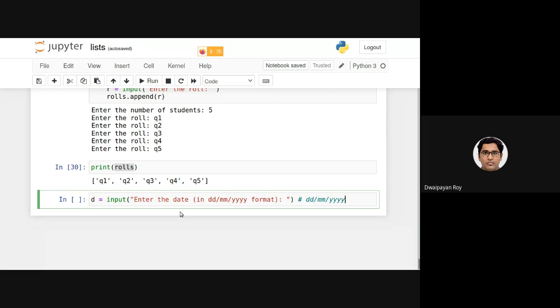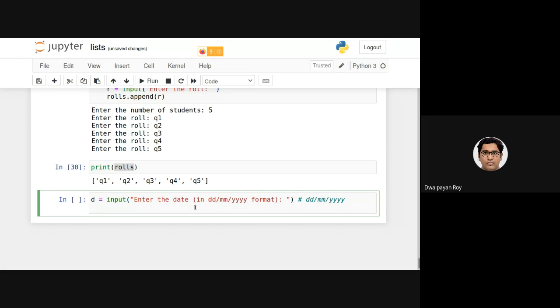Note that I am not checking in this program whether he has given a roll number or date in this format or not. But with our assignment problems, we know, given one date, how we can verify whether he had given a valid date or not, right?